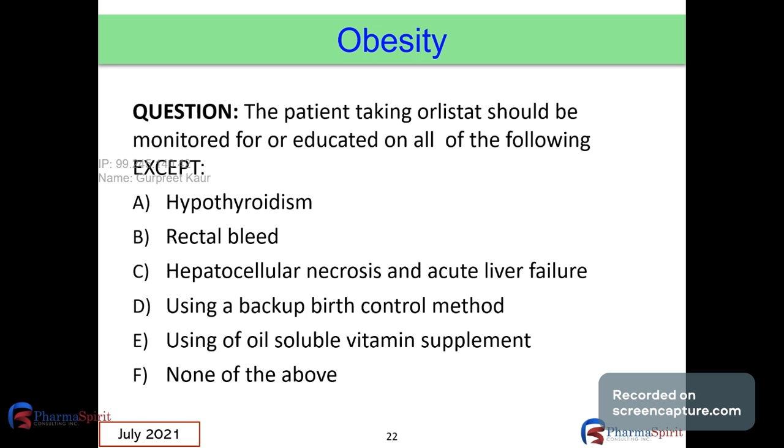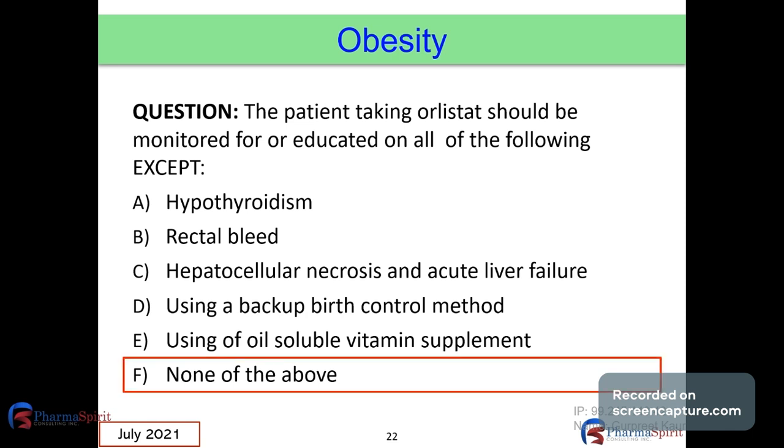So the patient who's taking orlistat should be monitored for or educated on all of the following except, and the answer for this question is F. The patient should be monitored and educated on all of what's listed here. Orlistat may cause hypothyroidism by interfering with the absorption of iodine. Cases of rectal bleed, severe hepatocellular necrosis, and acute liver failure, and cases of pancreatitis were all reported in